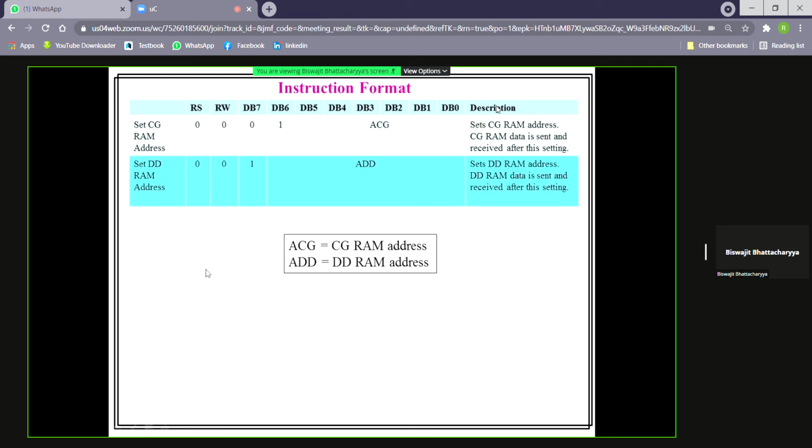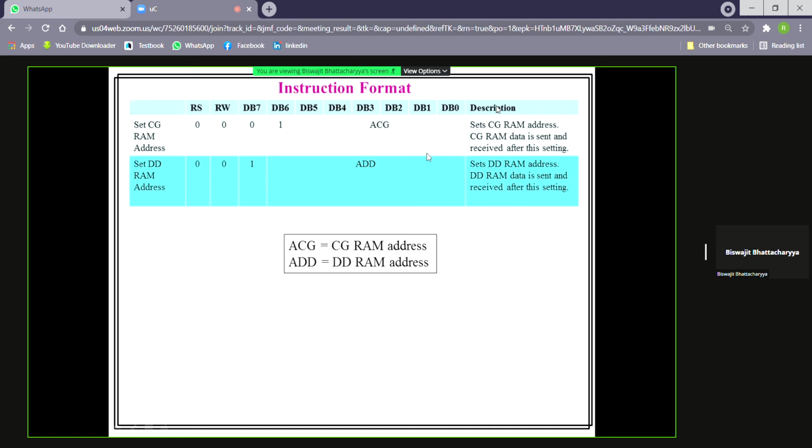Then when DB6 equal to 1, the rest of the bits will act as CGRAM, character generator RAM. What this means, we'll say later. DB7 equal to 1 means we will set the DDRAM address, meaning where the display will start. That is called the display data RAM.